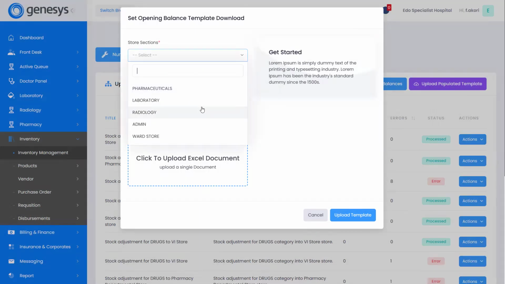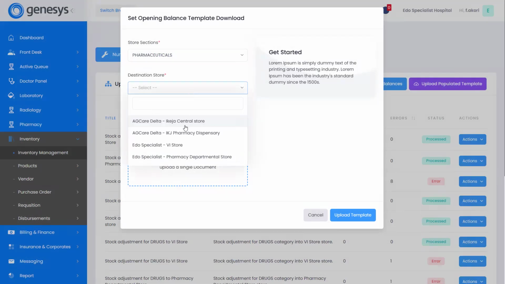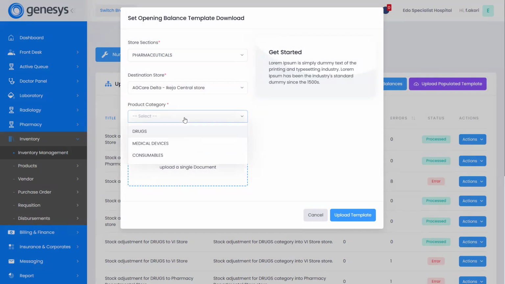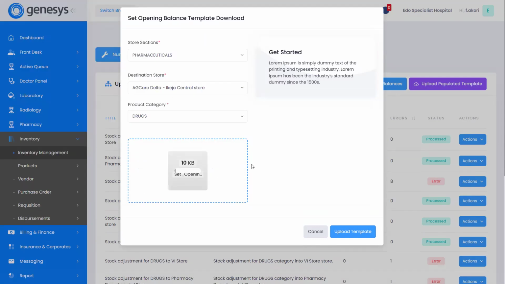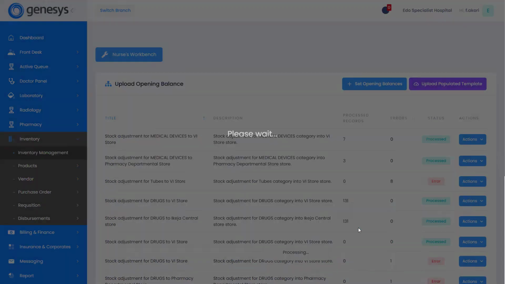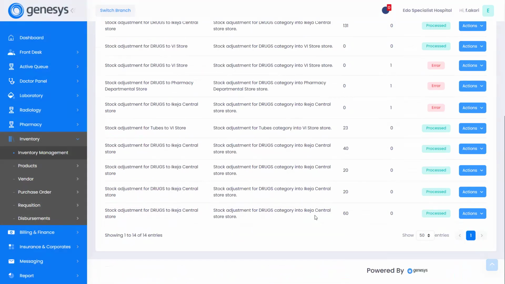Now we pick the store section, pharmaceutical, the destination store where it is going. Let's say it's this central store, or let's use this Ikeja central store. Then the category of the item, and then we select our file. Once it loads, we then click on upload. And then if we look below here, we get to see that